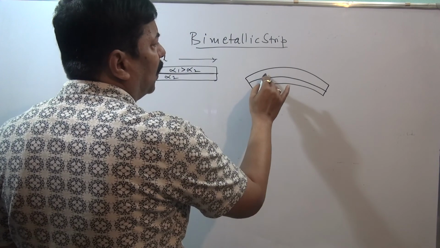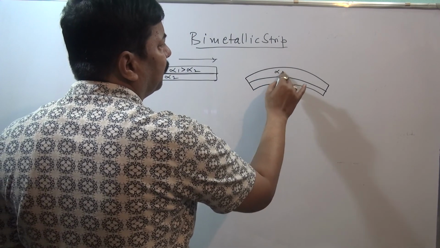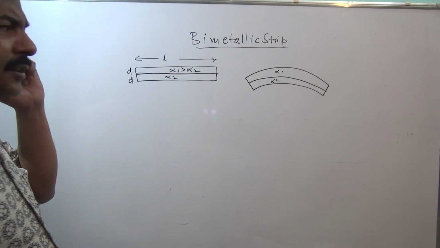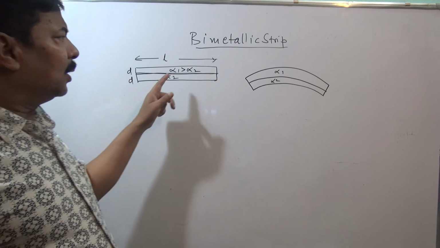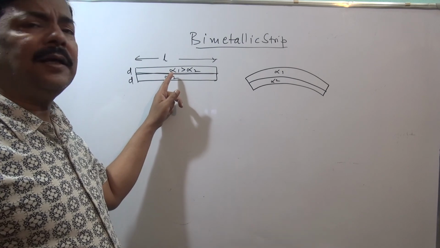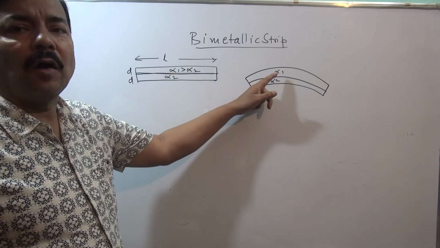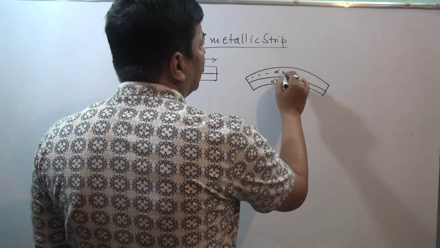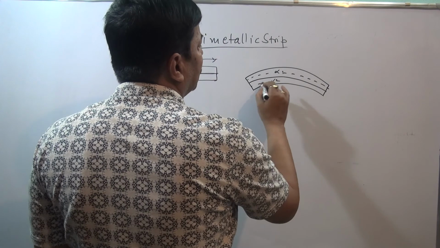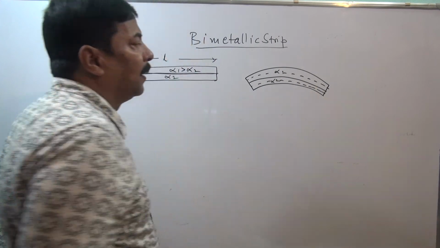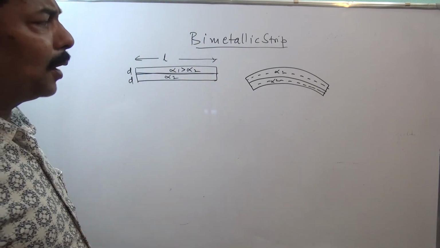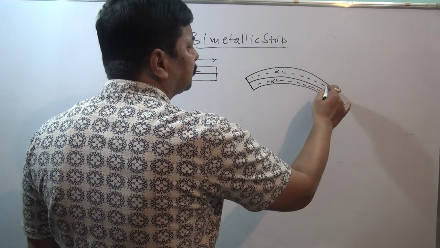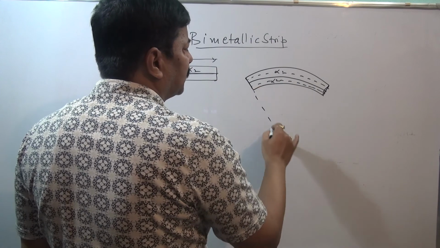This is the upper rod with alpha 1 and this is the lower rod with alpha 2. Now try to understand in this situation whose alpha is more, that will go into the convex side because here the expansion is more. In this case you will see that the expansion is more. Now here the very important concept comes, that if we take the center of this arc, then you see